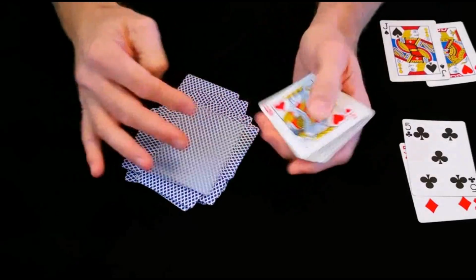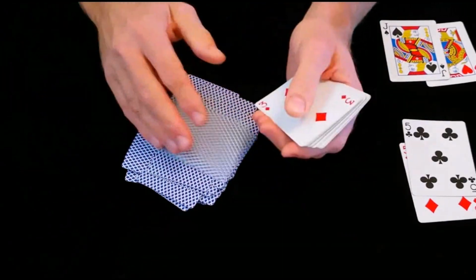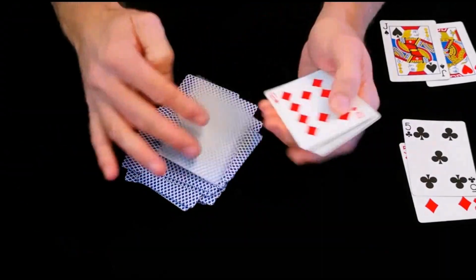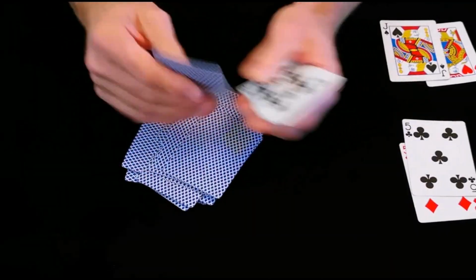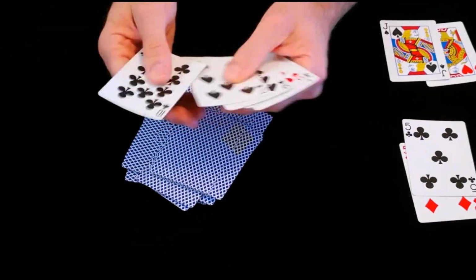So just try and get in your mind where the cards are. Okay, happy so far? Are you remembering where any of the cards are? Probably not, because I'm not. But it doesn't really matter. If your mind is blank enough, you will get a sense of where the cards are. Okay, so